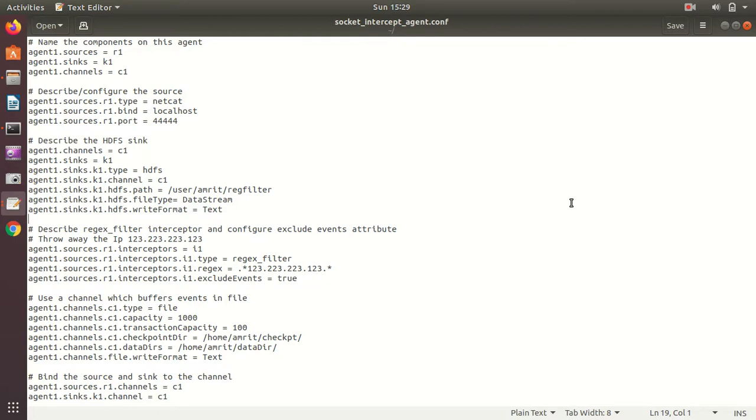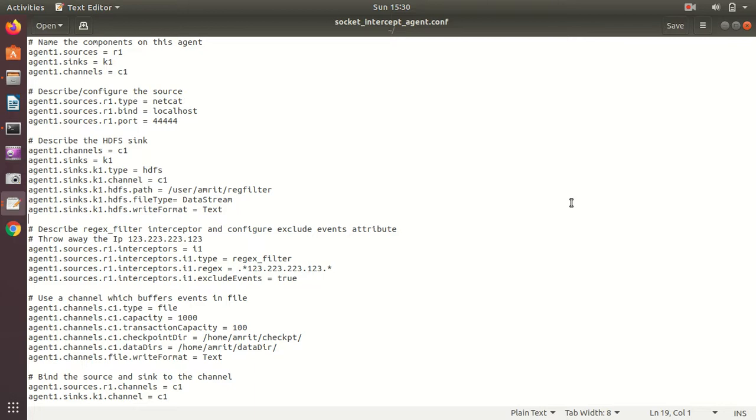If I talk about the Apache Flume Interceptor, it is the one which has the capability to modify or drop events on the fly, on the go. Let's suppose some events are coming from some source. I want to modify those events, or filter some events based upon my condition, my requirement. In that case, I'll be using the term interceptor. It's a kind of filter which helps me modify or drop some events on the go or on the fly.